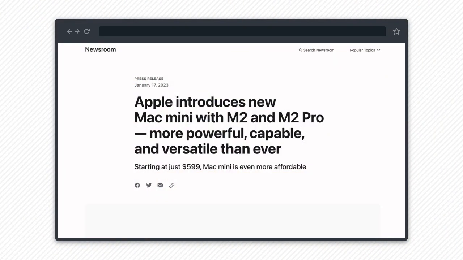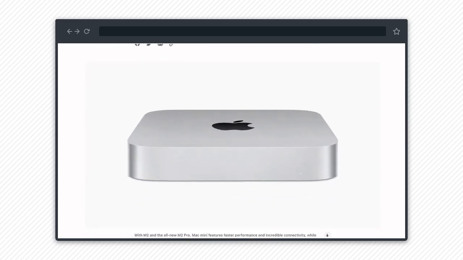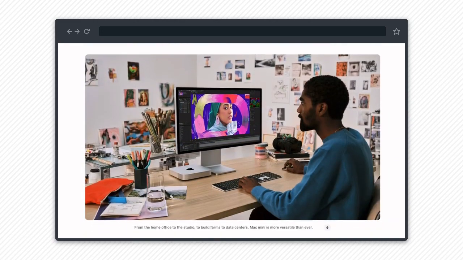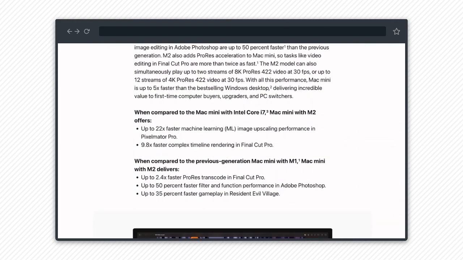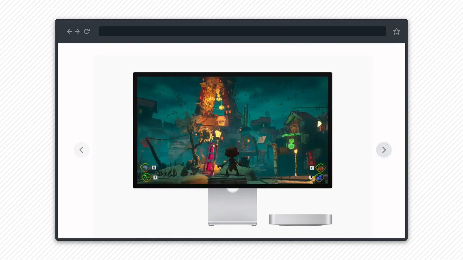First up, pretty much a big drop from Apple, but a bit of a low-key drop. They didn't do a keynote for this. They updated their chips in the MacBook Pro and the Mac Mini from M1 to M2. So now there are M2 chips available. In the MacBook Pro, you can get an M2 Pro or M2 Max chip. And in the Mac Mini, which I'm kind of more interested in, they have M2 and M2 Pro options that you can get. So obviously you get a bit of a speed boost upgrade compared to the Intel chips.